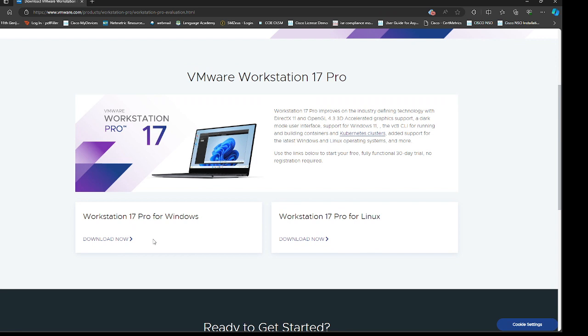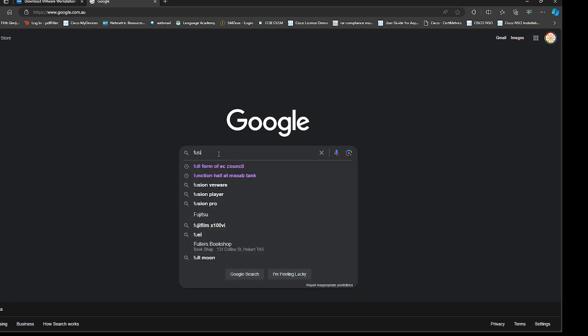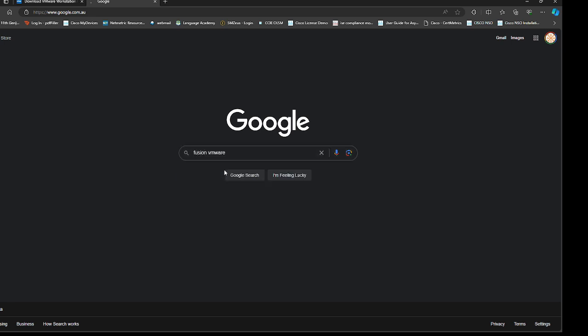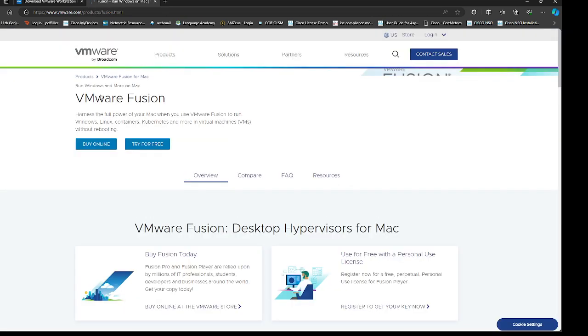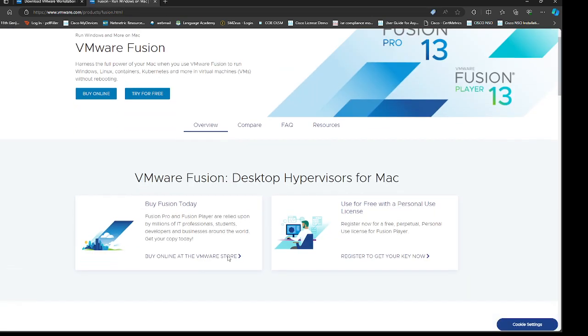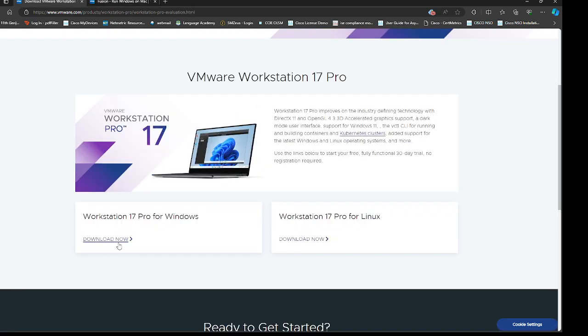Because it is installed on the operating system, that's why it is asking you which operating system you're using, Linux or Windows. And for the Mac OS, I think you do have VMware Fusion. It's the same thing, but the name is different. Same exact software. So you can just download it freely and you can install it.